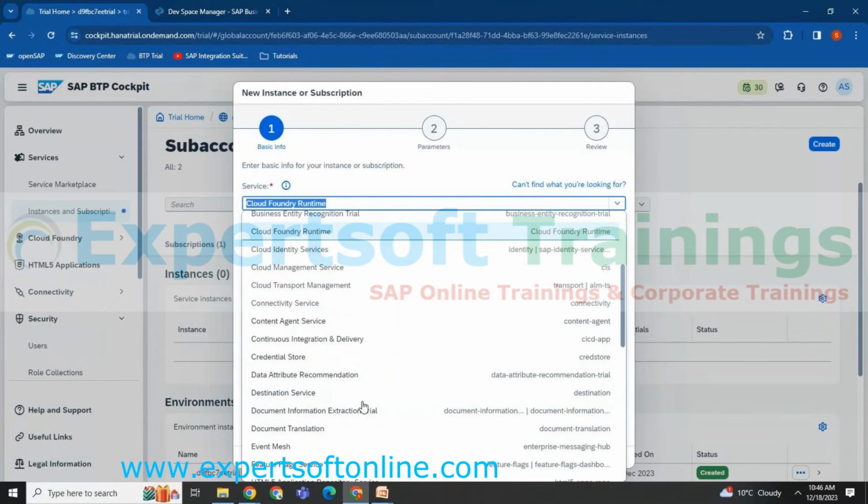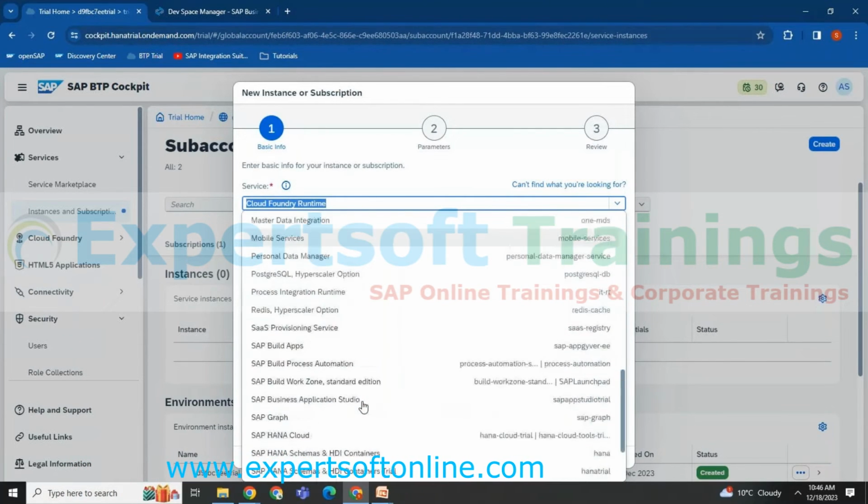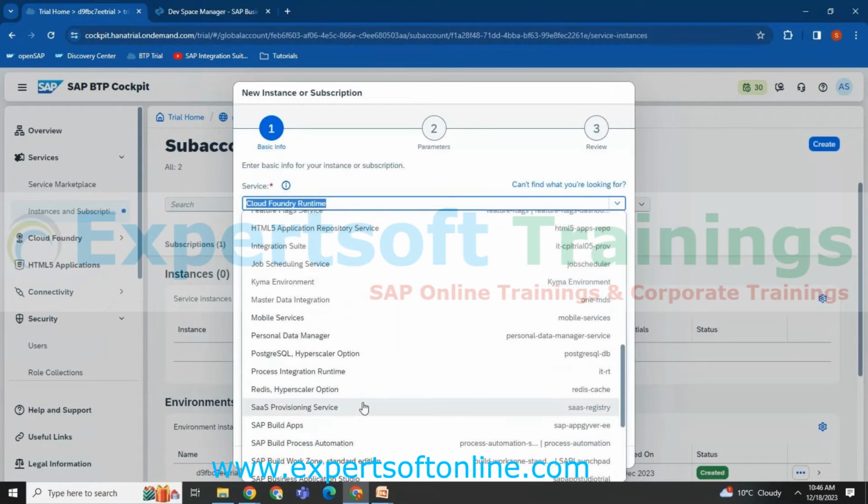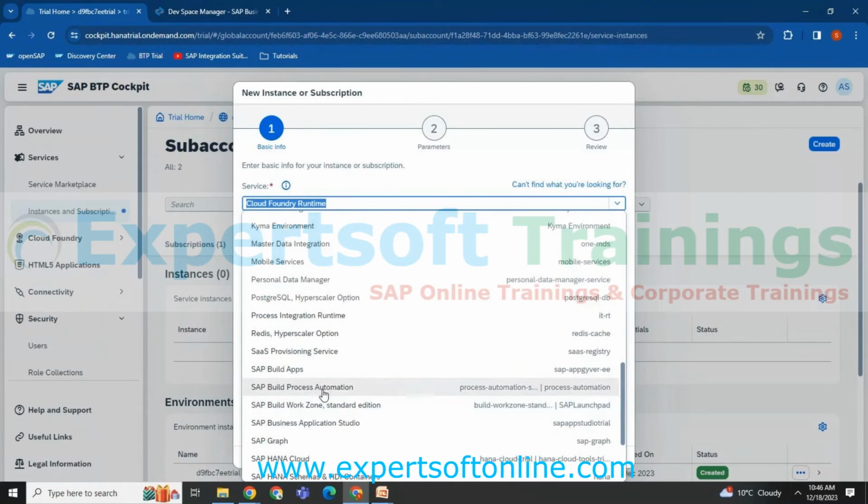There is a workflow also here, which is called process automation now. Earlier it was part of the workflows. So here, using process automation, you can write your own business rules. You can create your own workflows, which you created in the on-premise system, right? And